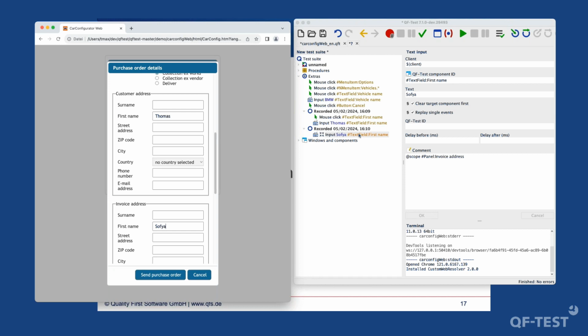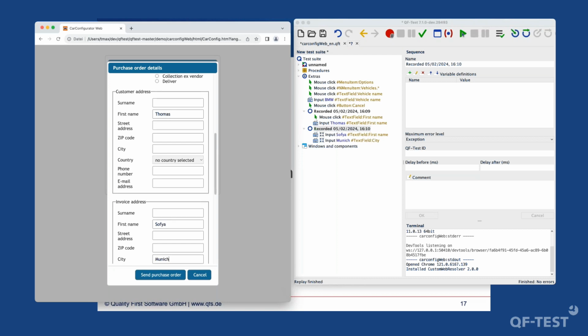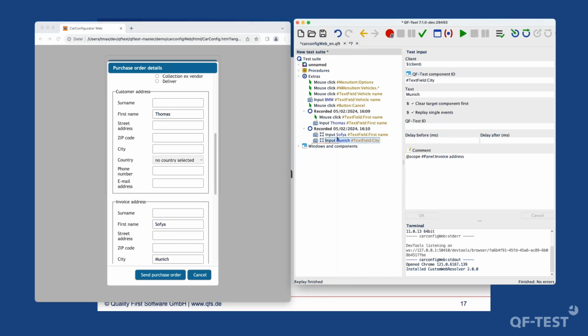It even speeds up object recognition because then QFTest is just searching for this text field first name inside of this invoice address panel. And one additional information on this, imagine you have some other fields in here like the city. And if you put it in like this, and for example put in here Munich, then this is working as expected. The only thing with this is right now I have the scope set in each and every one of the actions,